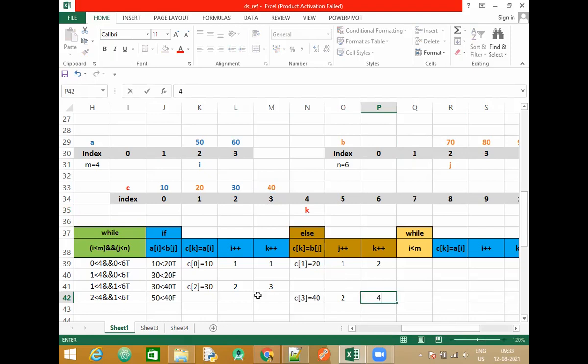So next, Siddharth, in the next iteration. Less than 6, correct? If 50 less than 70.